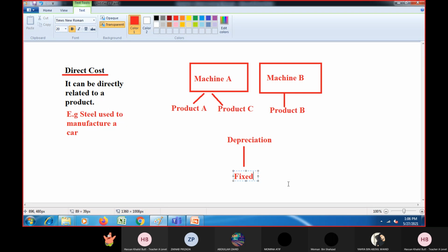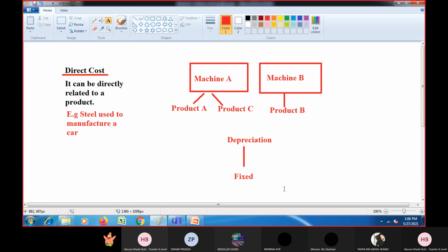जिसे कहते हैं ना कौड़ियों के भाव बेच देना, तो वो स्क्रैप आप कर सकते हैं फिर इन दैट केस. Depreciation is a fixed cost, right? So for product A and C, if I talk about depreciation of machine A, can we directly identify how much depreciation belongs to product A and how much belongs to product C? Can we identify that?